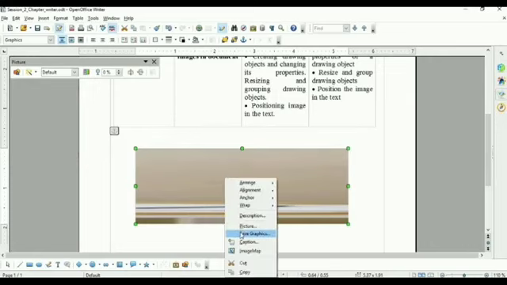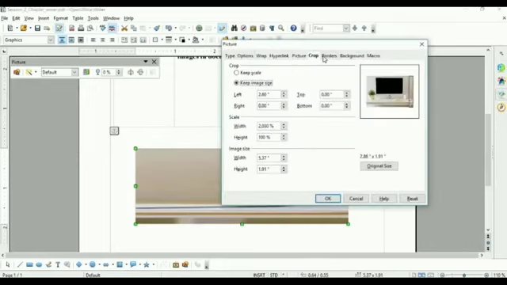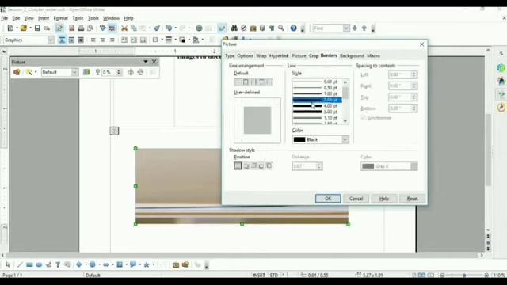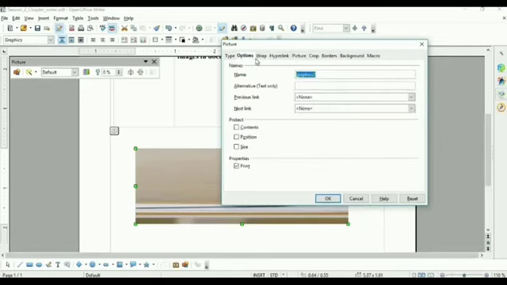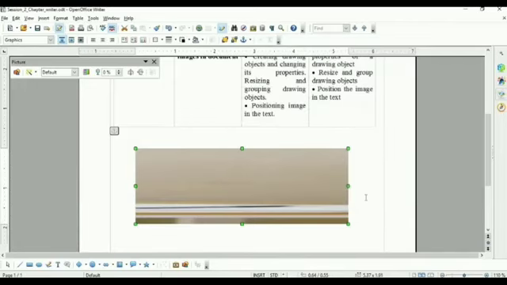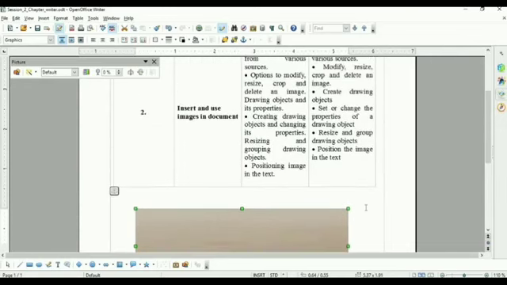Suppose you want to change its picture border, you can do it from here. Hyperlink, wrap text or options, whatever you want to do, you can do from the picture dialog box. Then click cancel. Here I want to do only crop because crop is given in your syllabus. Then next is resize.